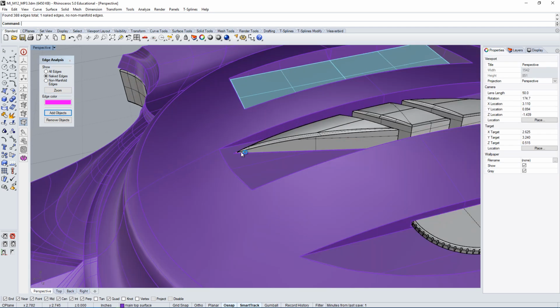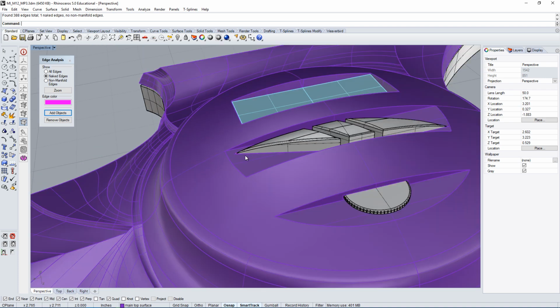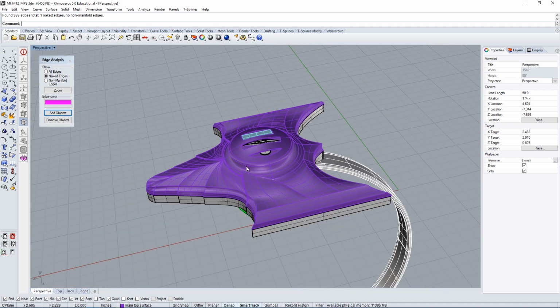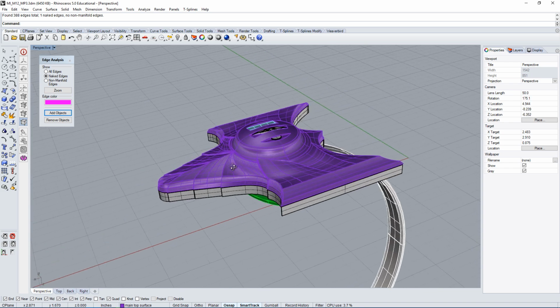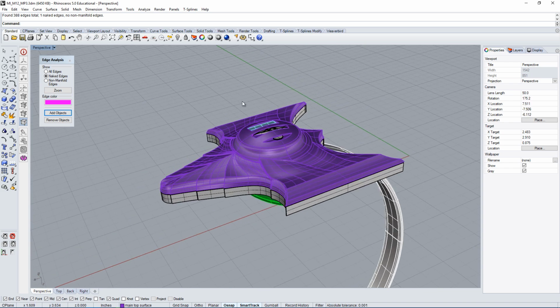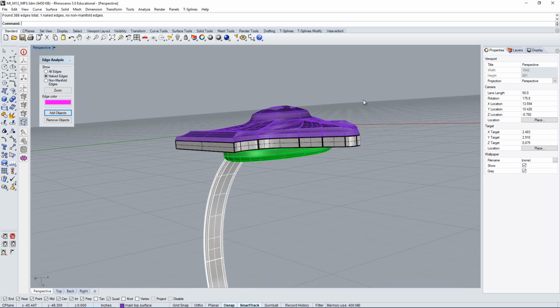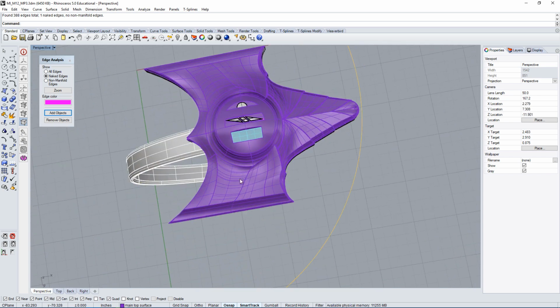And in this case, we have an open edge up here. So I'm going to show you how to fix this type of open edge. So the first thing I want to do specifically for this model is flip it upside down, because the Z is facing down, which means every time I go to the right side, it's spinning the opposite way. So it gets kind of confusing.